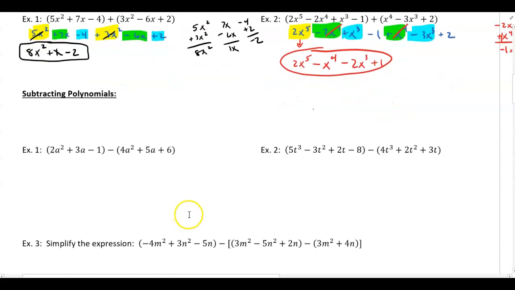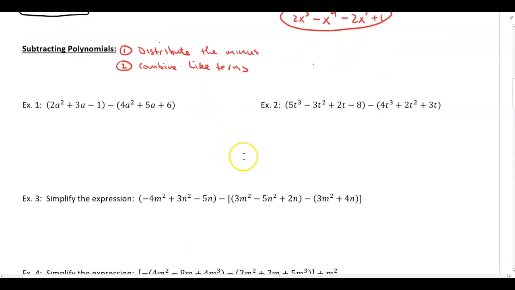Now, next, when I go to subtract polynomials, the first thing you have to understand is I have to distribute the minus sign. Once I distribute the minus sign, then I basically combine like terms. So right away, when I look at the first example here, I'm going to distribute. When I distribute a minus sign, it's like distributing